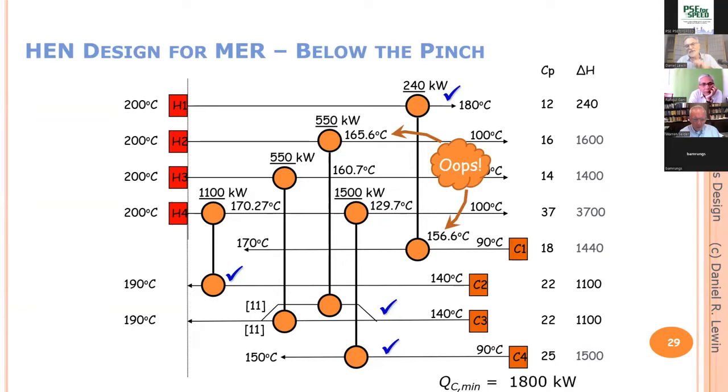And you see here the difference between these two temperatures is less than 10 degrees. What that means is that this temperature around 65.6 is too low. It has to be higher. In order for it to be higher, the heat duty of this heat exchanger here, this one that I'm indicating,